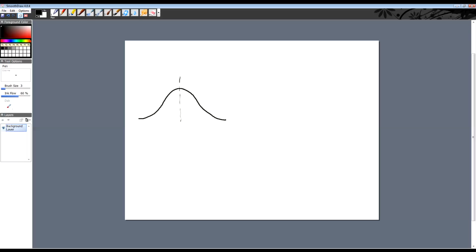Here's the mean. See 1, 2, and 3 standard deviations from the mean. So this region has about 68% of all the data, plus or minus 1 standard deviation, plus or minus 2 standard deviations has about 95% of all the data,